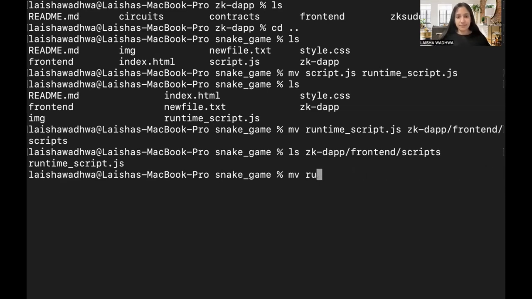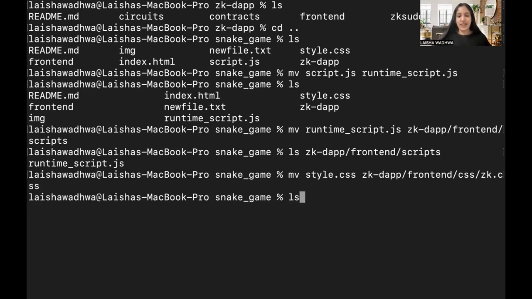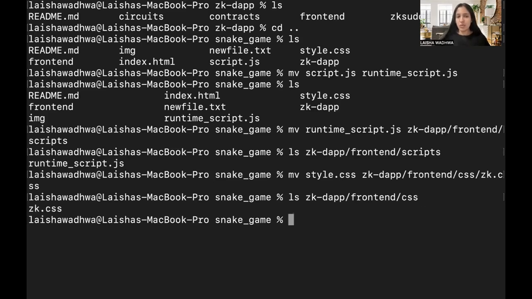Let's say we are picking up this style.css and let's drop it in the CSS folder. And let's call it zk.css. Now, if we do an ls, you'll see that the name of that particular file would also be changed. Okay, we have now moved a bunch of files, but not every time we would want to move it,